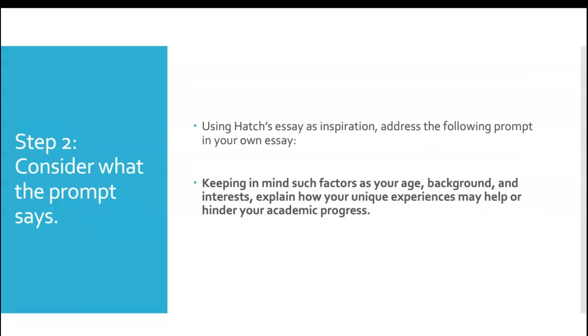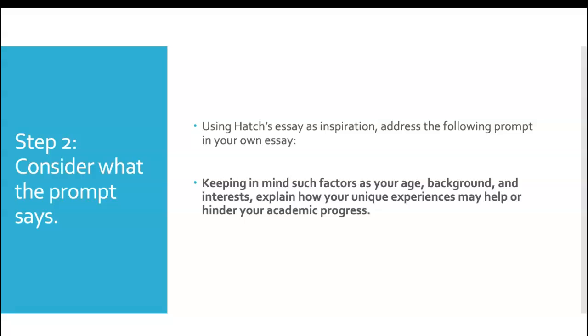So the most important part of that section is, of course, the actual prompt. Here, keeping in mind such factors as your age, background, or interests. Let's pause on that for a minute. Keeping in mind such factors, this is not an all-inclusive list. There are more things you could talk about besides age, background, and interests. So if you think of something that doesn't fit well into this list, don't dismiss it out of hand. You may be able to use it. You'll find out what I think of it as you submit some of the homework assignments about the topic you're